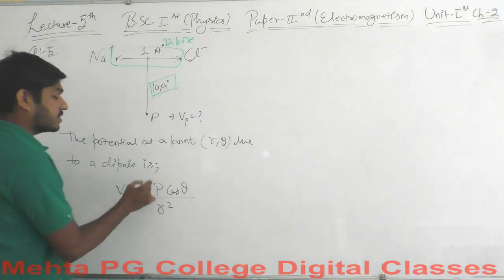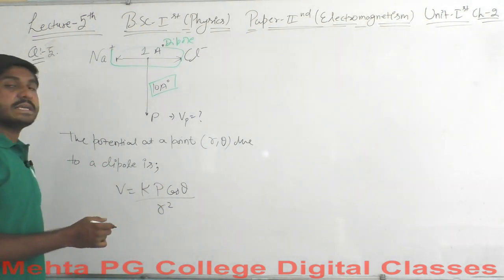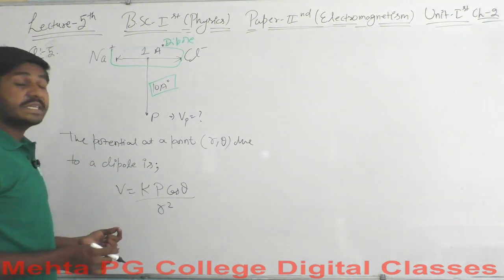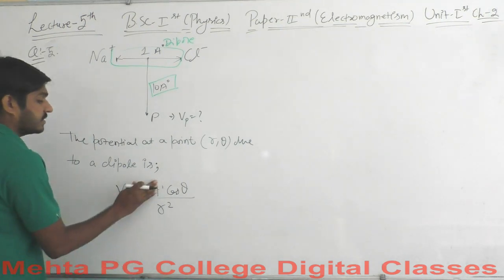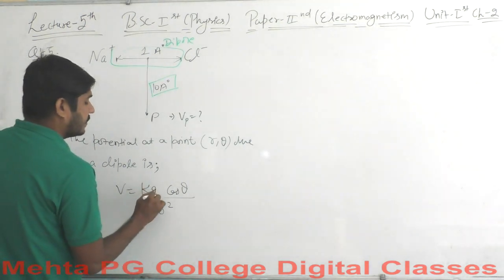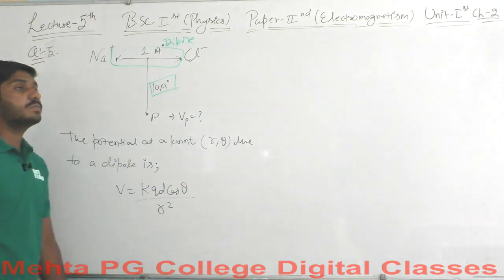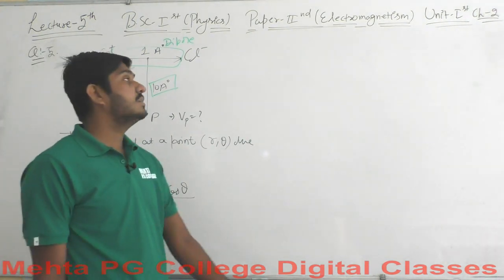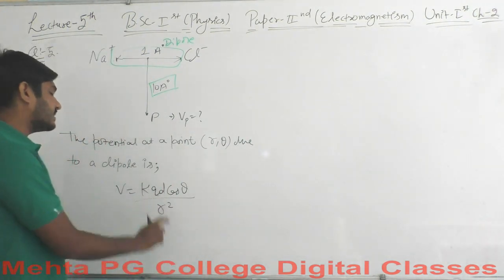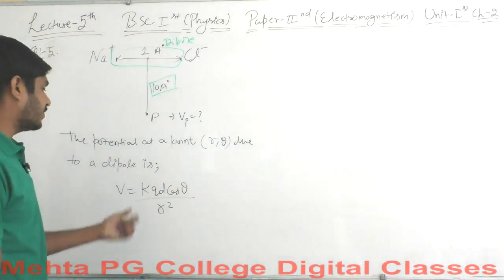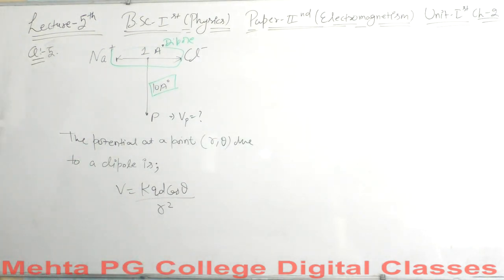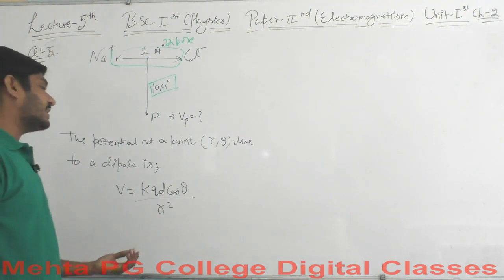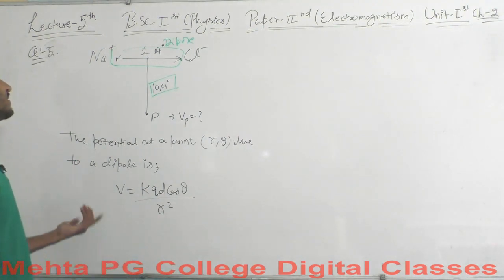Well, this P is not the point P here, this P is the dipole moment. Let's say this is Q into D instead, because if we use P, then we are asked to calculate P here. This is the point P here, but this is the dipole moment, so I just wrote it in the form Q and D. Well, we do not have the value of theta at all, but we are going to find it out.